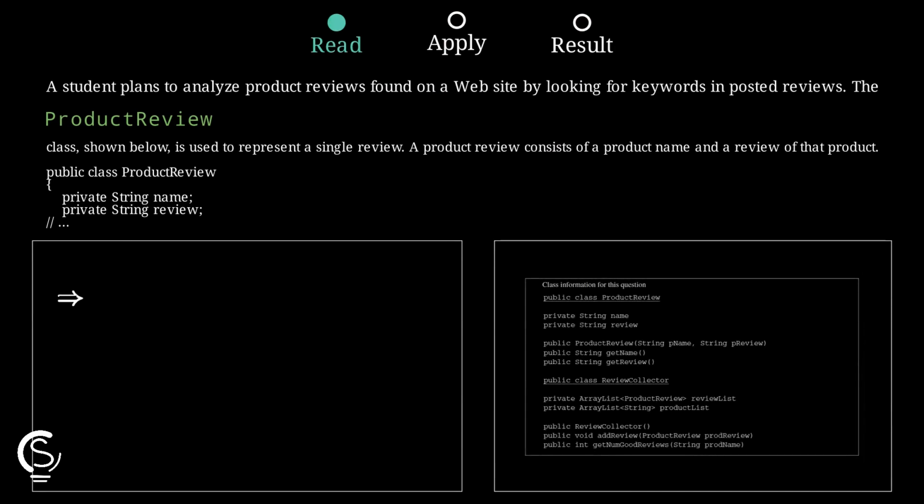A simple correct implementation is: public void addReview(prodReview) { reviewList.add(prodReview); if (!productList.contains(prodReview.getName())) { productList.add(prodReview.getName()); } }